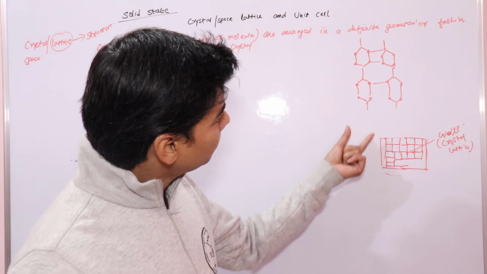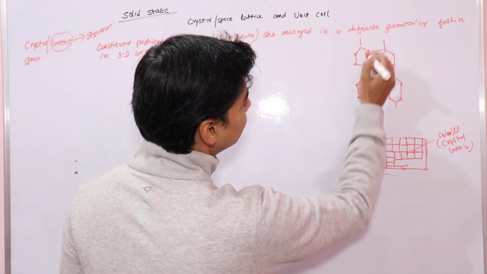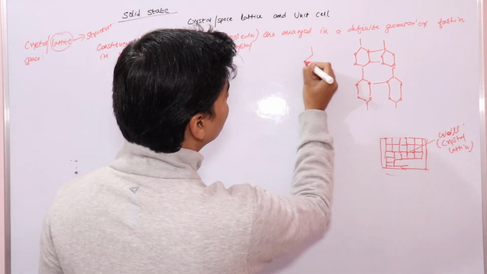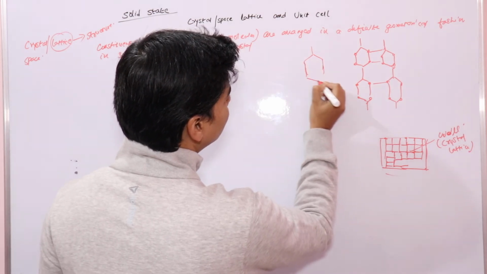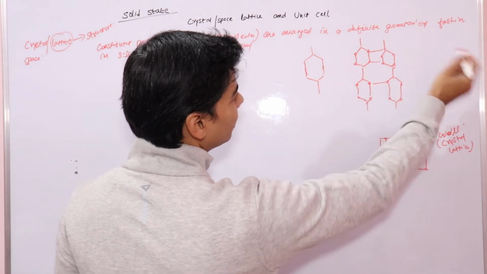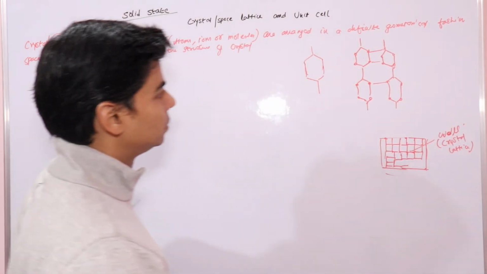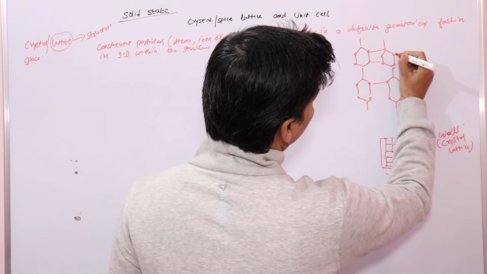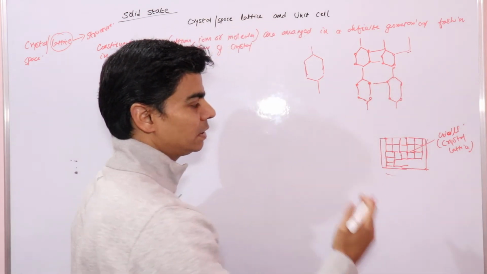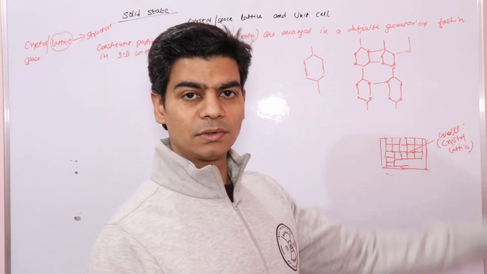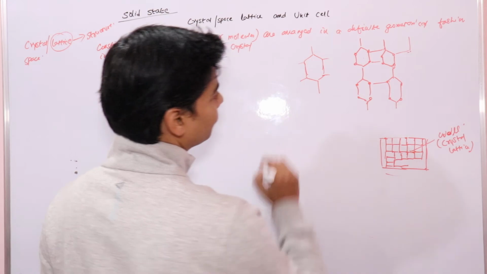If you see here in this crystal structure, there is a similar pattern, right? This is a similar pattern which is repeating again and again. This is the basic pattern which you will see is repeated throughout the length of the crystal in all 3 dimensions, right? So this shows the basic structure,